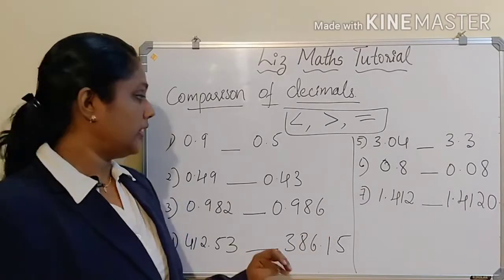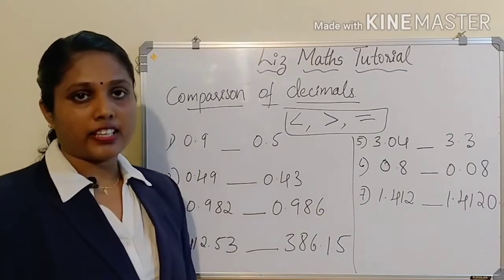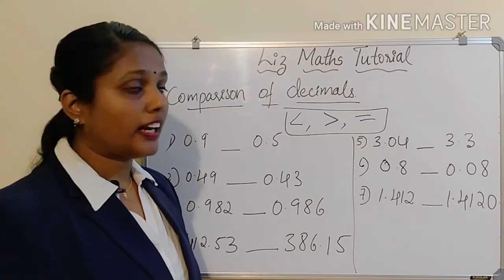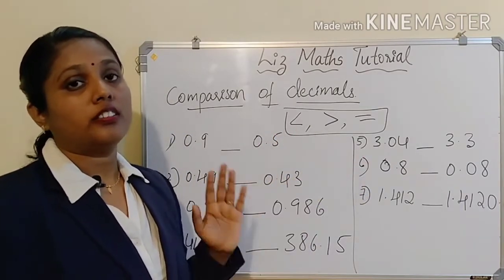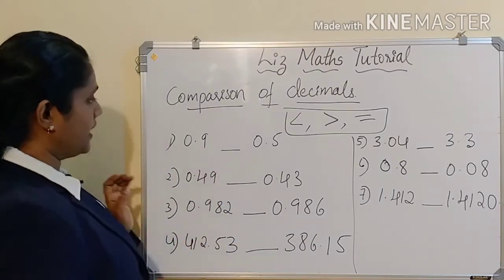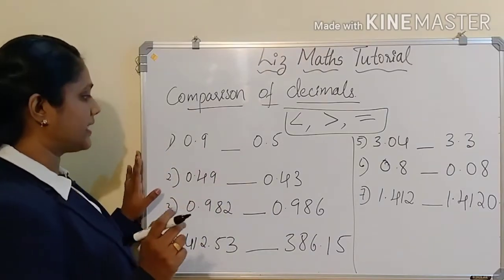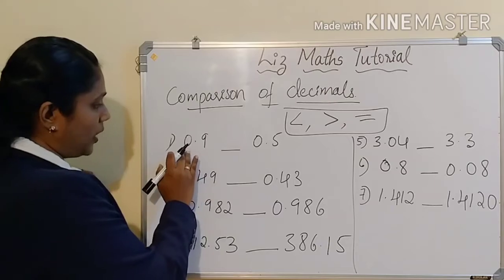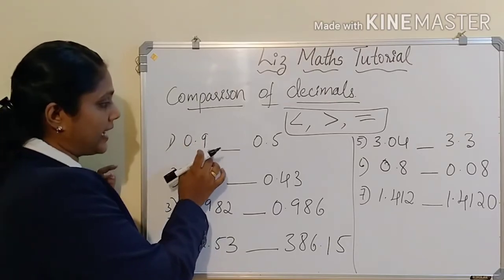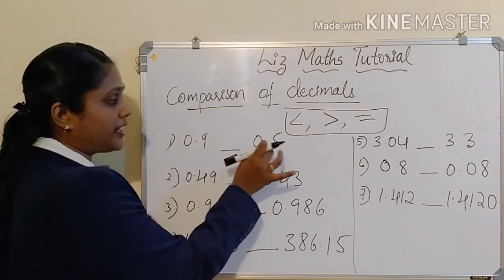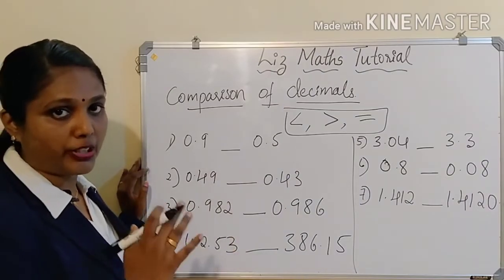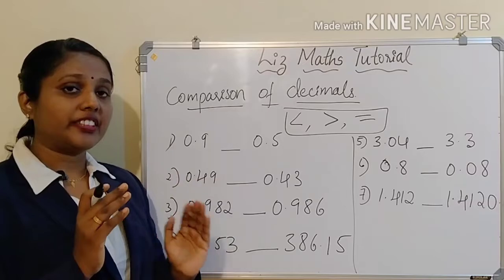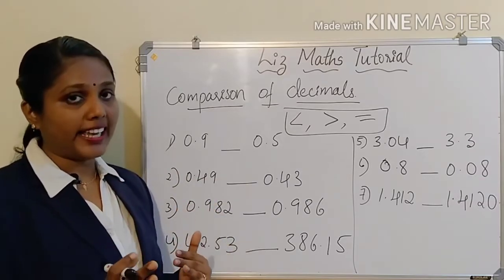Okay, I have taken here 7 problems. So let us start with whether it is less than, greater than or equal types of decimals. Let us check. See, first how to check, I'll tell you. See here, now here 0.9. Can you see after the point whether this comes under like decimal or unlike decimal? You have to compare that. First you have to check whether it is a like decimal or unlike decimal.